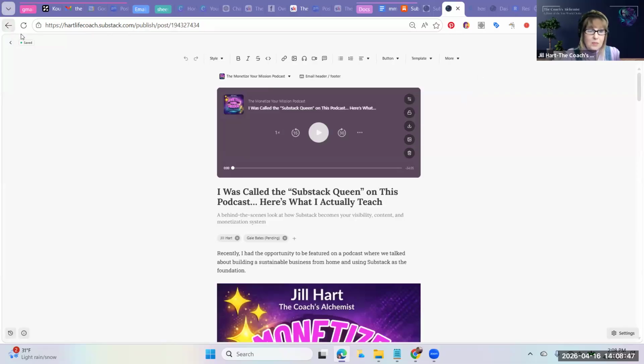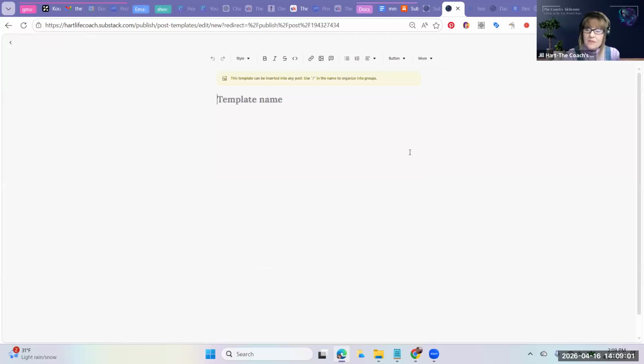Okay, so up here at the top, you can see there's this little thing on the menu called template. And if you haven't created any templates, all you're going to see is new template. So you're going to want to create a new template. And then you want to name your template, whatever you want to name it. This is a CTA. And then you come down here and you can add an image. I think I'm going to add this.